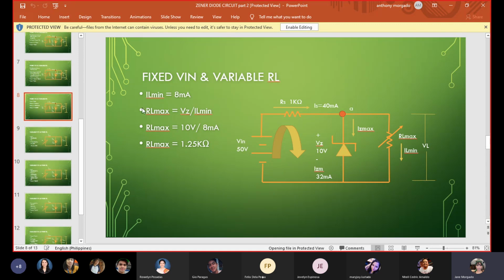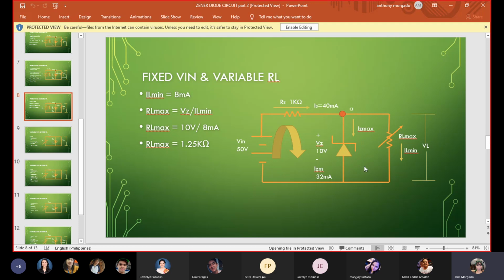V over I. V is equal to IR, so therefore R is equal to V over I. We have 10 volts over 8 milliampere, so RL max is 1.25 kilo ohms. So therefore, we can turn the potentiometer from 250 ohms to 1.25K. If you exceed 1.25K for RL, it can damage